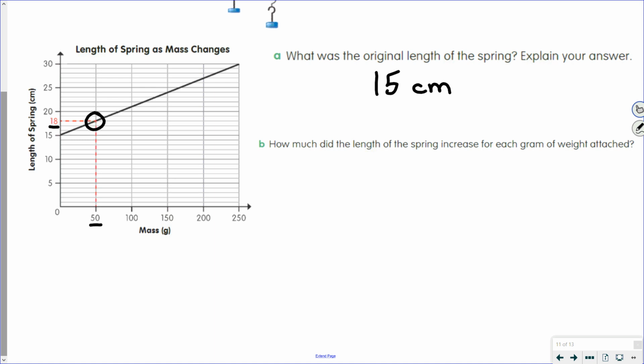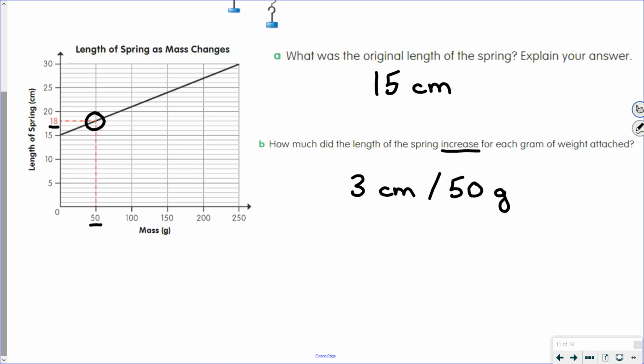But it's asking how much did the spring increase? It didn't increase 18, it increased by 3 because it started at 15. Well, that's 3 centimeters that increased per